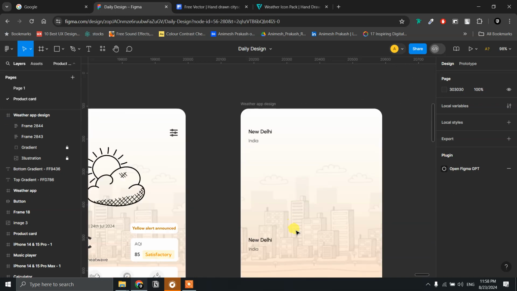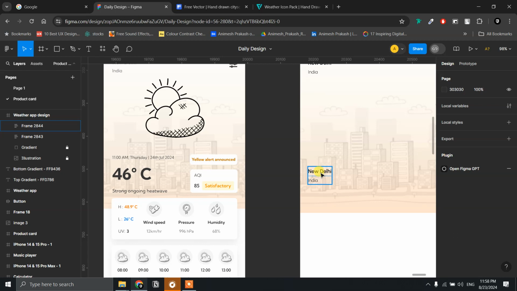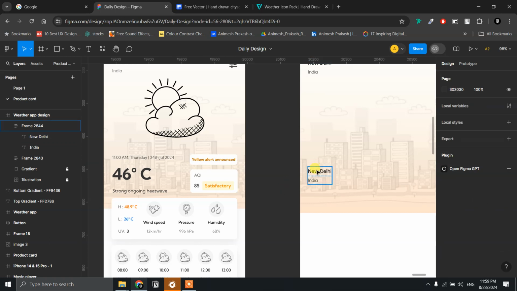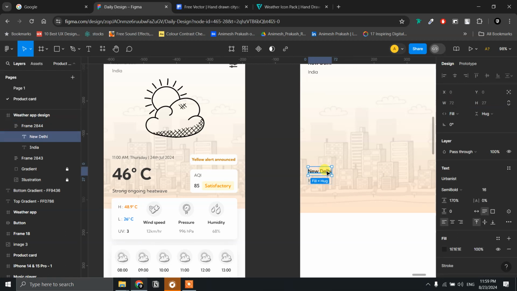Now what we have to do is add the date, time, and the temperature, and any weather property. Right now I have written strong ongoing heat wave because when I made the screen, a strong ongoing heat wave was there in Delhi. So I'll simply double click on this. If you want to select a particular element from a frame or a group, simply hold Control and click on it, and you will select that particular element